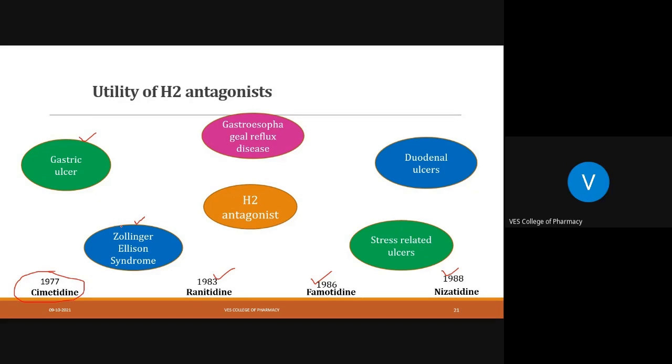Yes, gastric tumor, or we can say this tumor will secrete gastrin. And as you know, gastrin is also involved in acid secretion. Okay, so stress-related ulcers, duodenal ulcer, even gastroesophageal reflux disease. So these are the